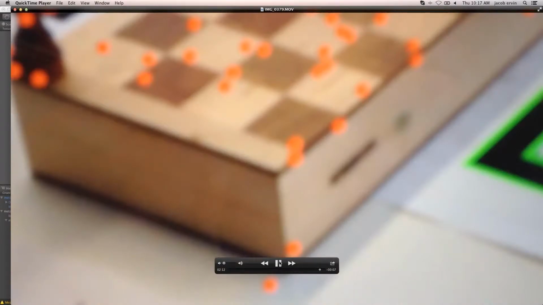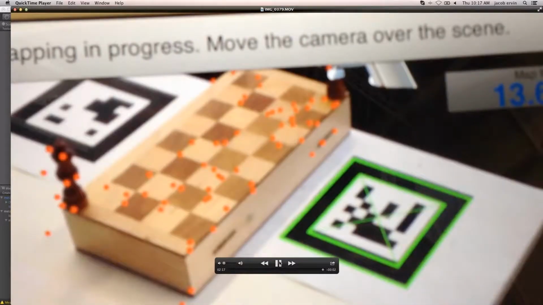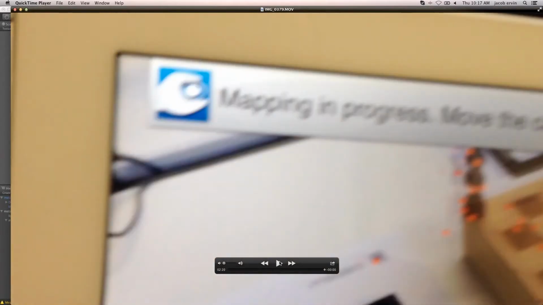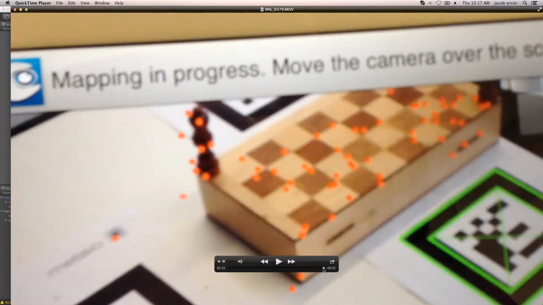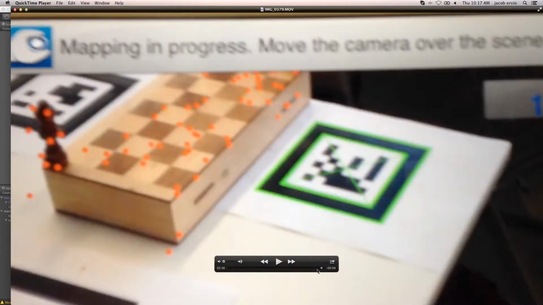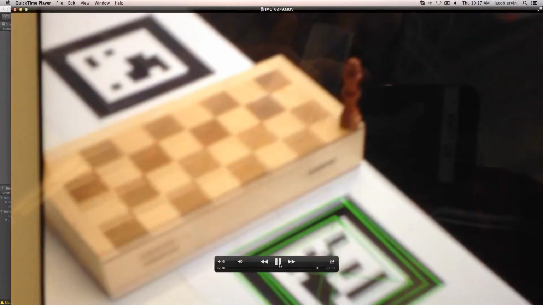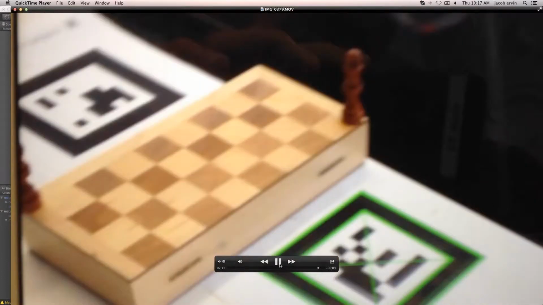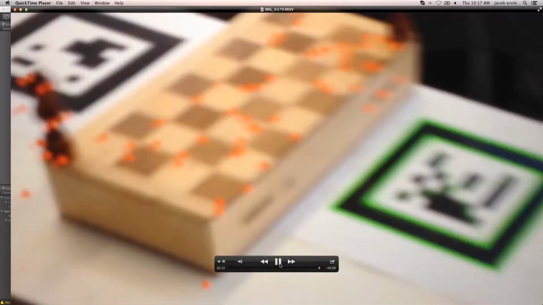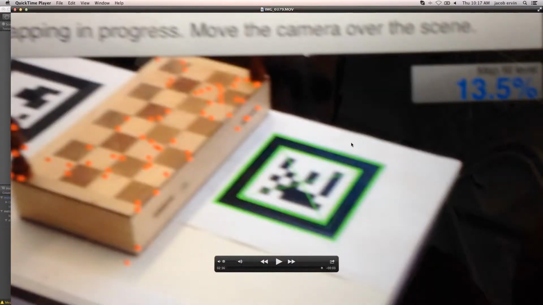And in the top right, you can see what percentage of your 3D map has been created. You don't have to get all the way to 100%. And you can see that after moving it around, I'm going to rewind here just a little bit. No, a little bit further. But you can see that after moving it around a little bit, it's becoming more stable. And we're only at 13.5% here. This again continues to increase. You don't need to get it to 100%, but the higher the number, obviously, the more stable your tracking is